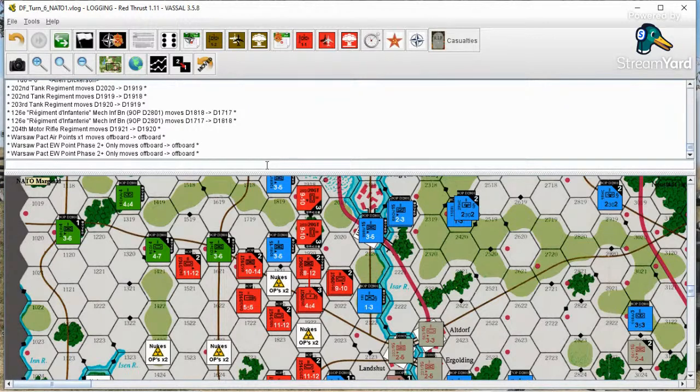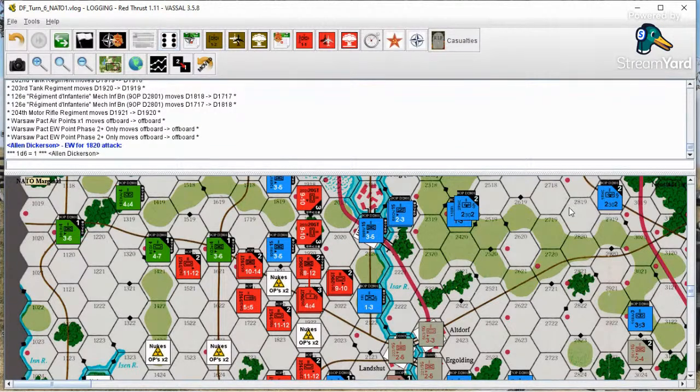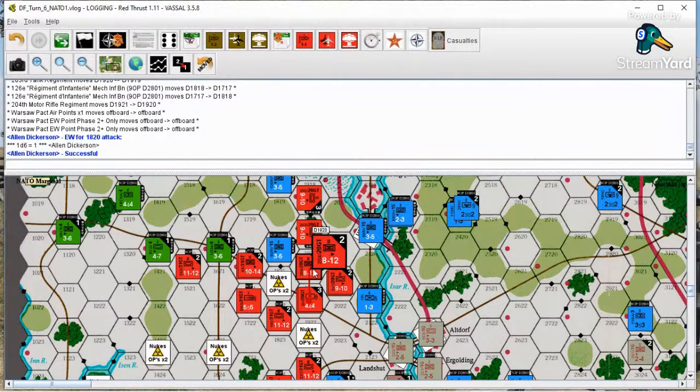So we've got, first let's find out if the EW happens. EW for 1820 attack. Hasn't worked yet this turn, but it does. Successful. Okay. Now we can contemplate our odds. So we have 12, 16,